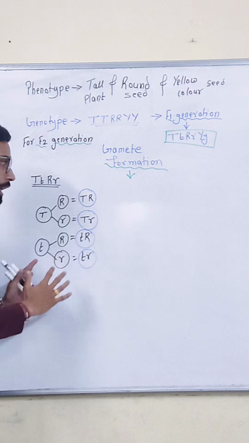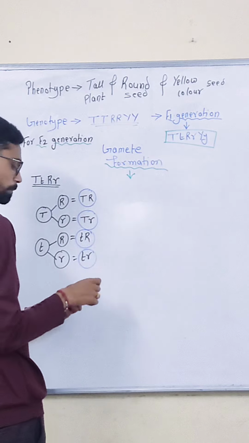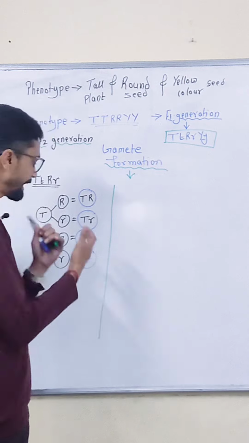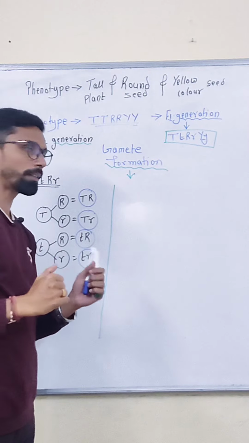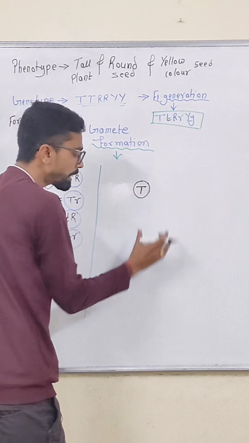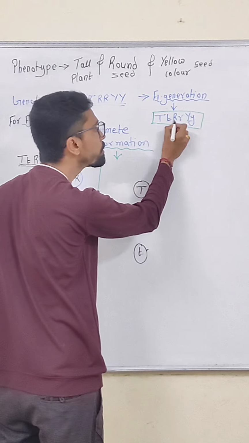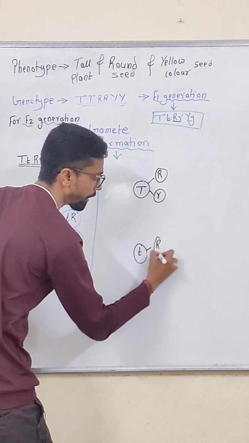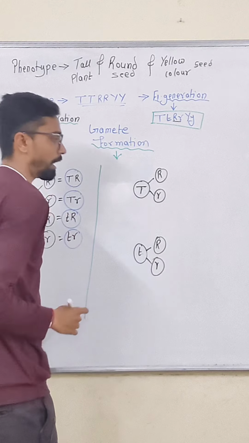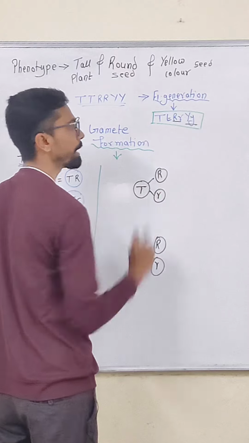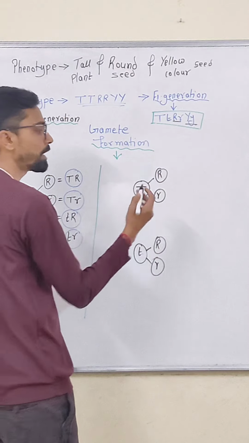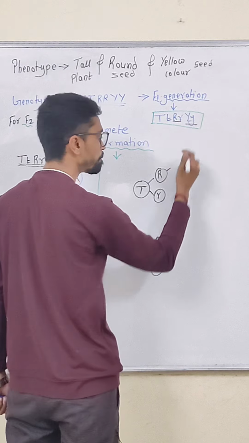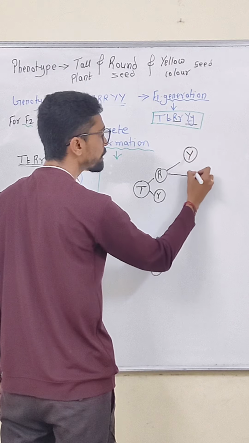in a dihybrid cross. Okay, but let's see what about the trihybrid. There are some possibilities, or you can say some methods are there. The same similar method you can apply in the trihybrid also. So here, capital T or small t, we can multiply with the first, these, capital R and the small r. Again here also in a similar way, capital R or small r. Okay, then now this capital Y and small y, which is yellow, a dominant one, then here again multiply with these two characters, capital Y and the small y.